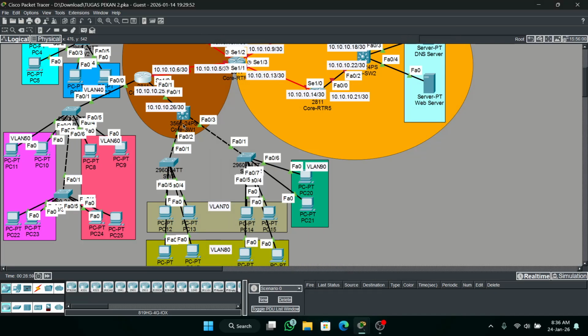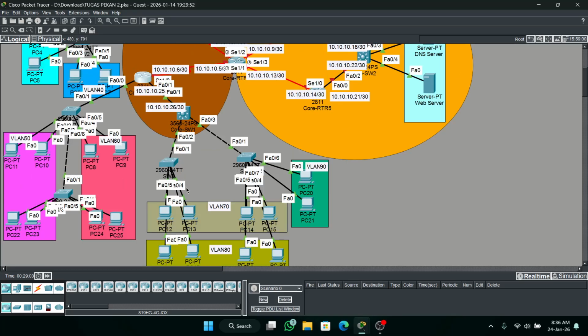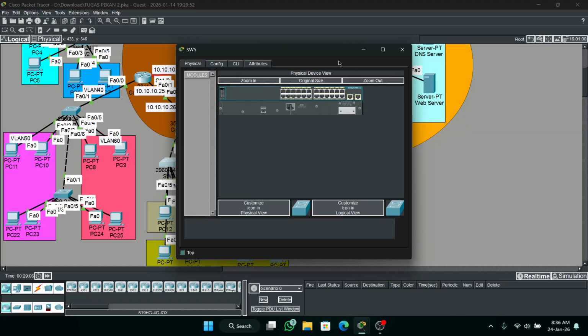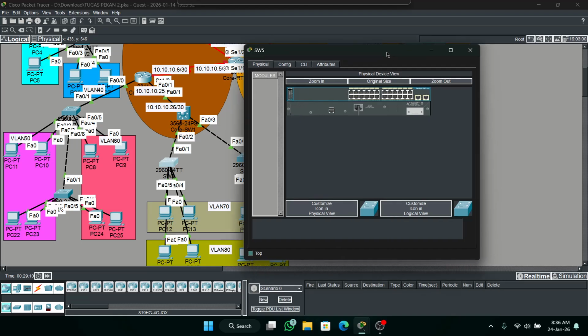Wait, we will configure the access switch first. Here you can use VTP client or VTP server.